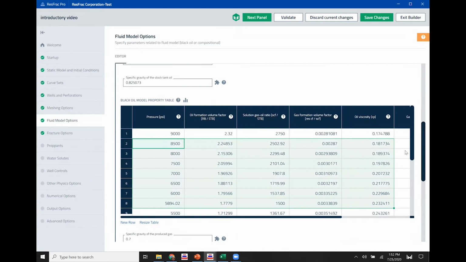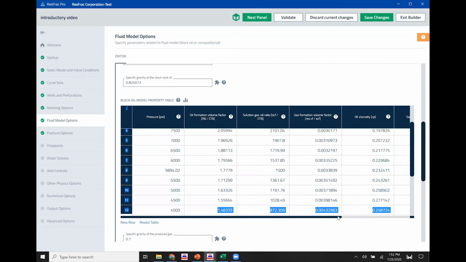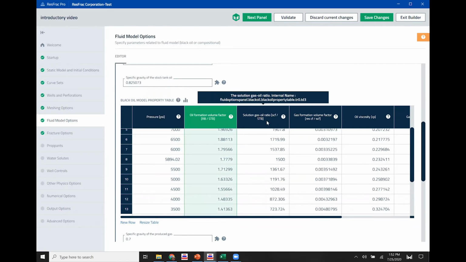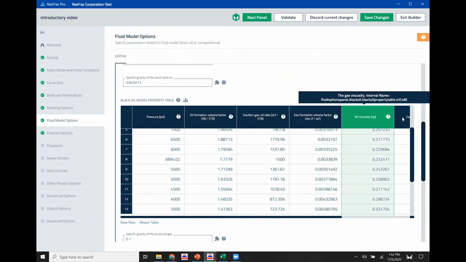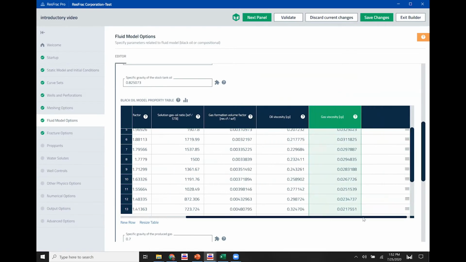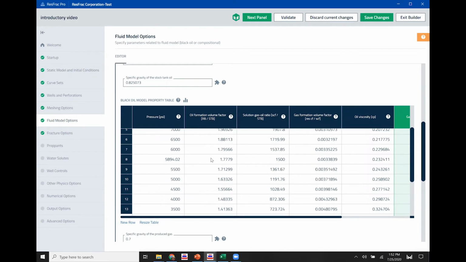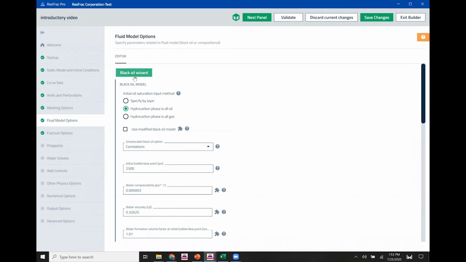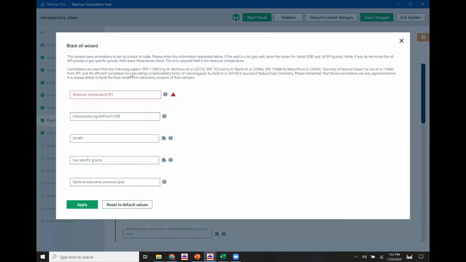One is if you have a black oil model already built, you can see that there is a table here where you specify the pressure, V sub O, RS, V sub G, oil viscosity, and gas viscosity as you would get in a black oil table just directly in the builder. Alternatively, if you don't have a pre-built black oil model, you can use the black oil wizard, and